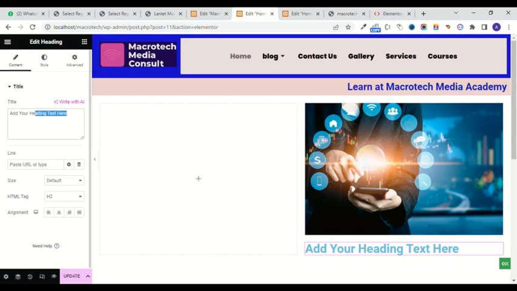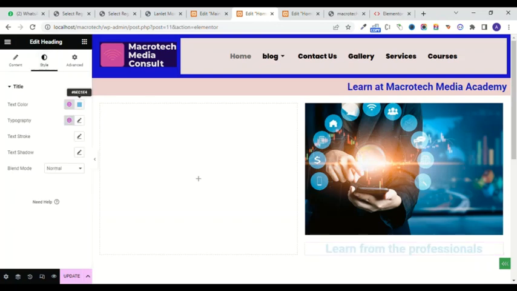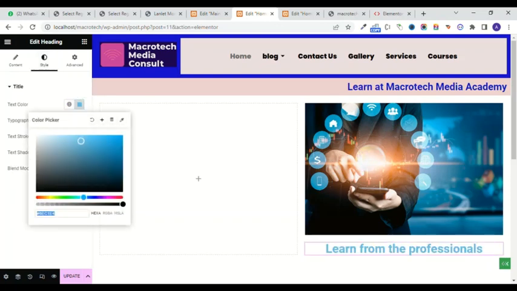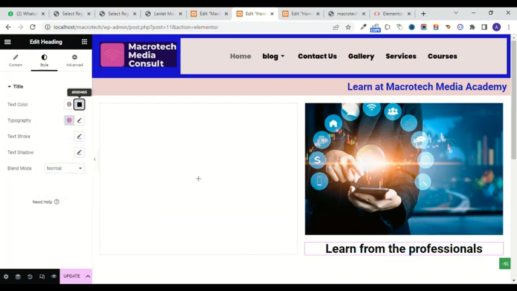I can change this one, learn from the professionals. Centralize it, go to style, change the color, make it black depending on the color you want. I'm just building this a random